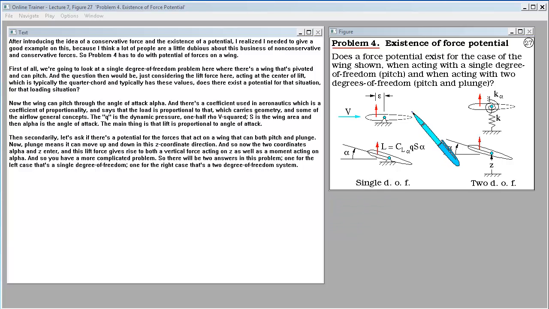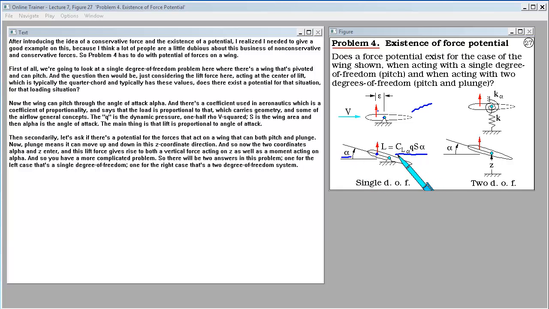First of all, we're going to look at a single degree of freedom problem here, where there's a wing that's pivoted and can pitch. And the question then would be, just considering the lift force here, acting at the center of lift, which is typically the quarter chord, and typically has these values, does there exist a potential for that situation, for that loading situation? Now the wing can pitch through an angle of attack alpha,